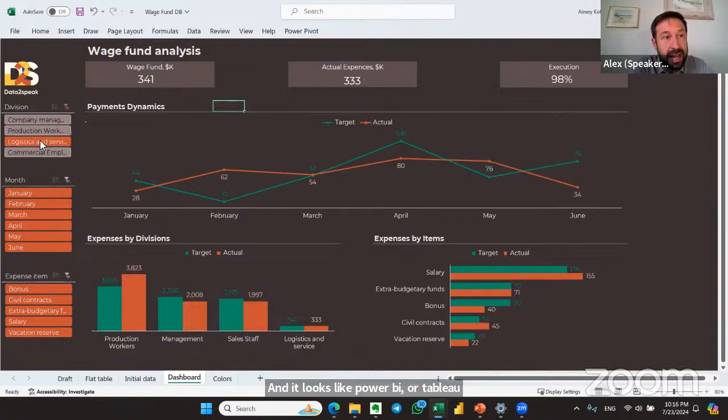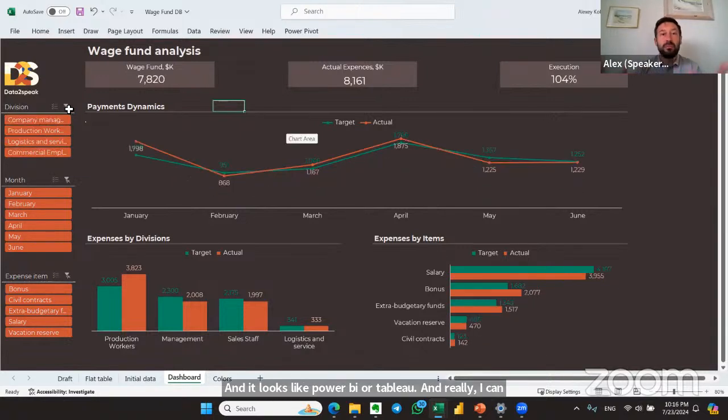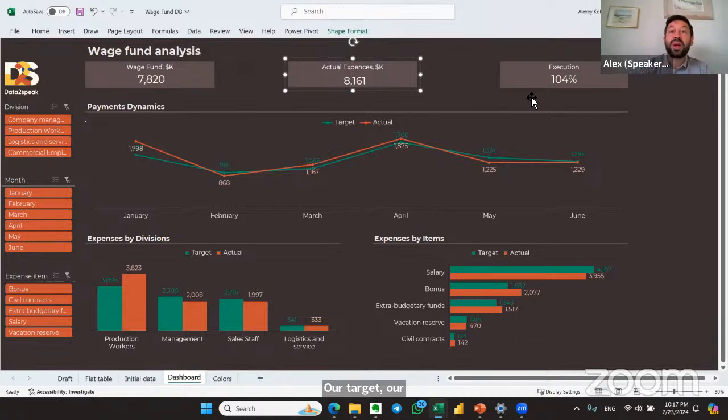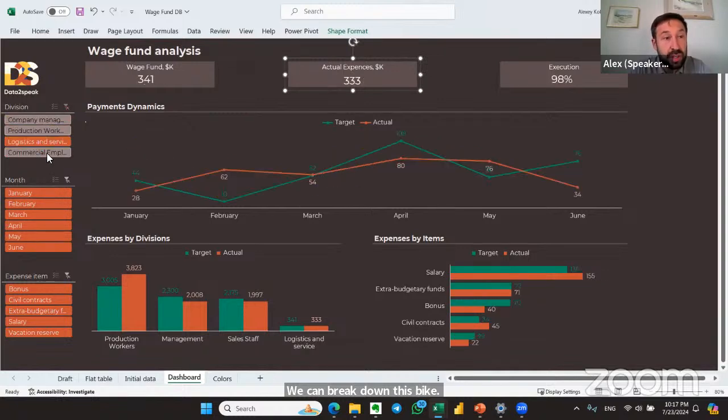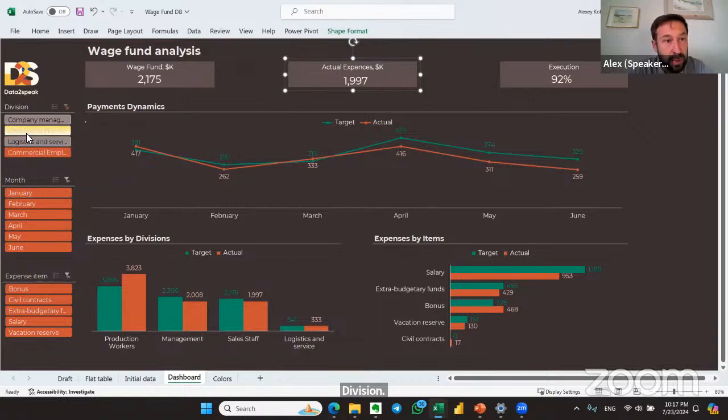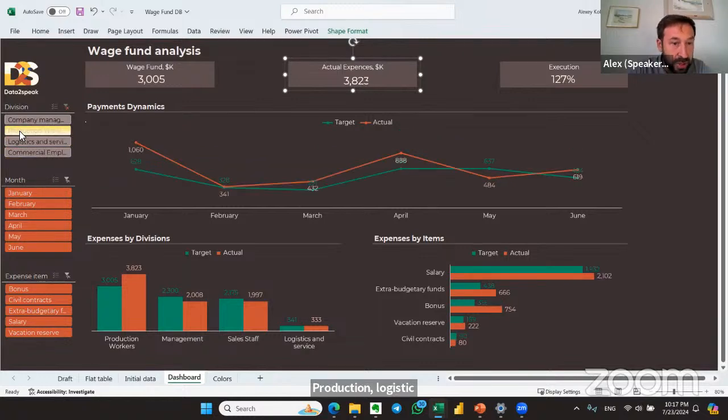I can start from such a PowerPoint slide: we have total wage fund, our actual value 7,800,000, our target, our actual expenses, and we have our spend, our budget. We can break this down by division: production, logistic, commercial.